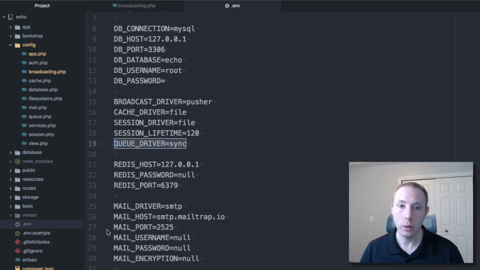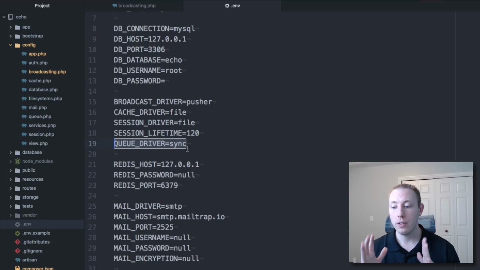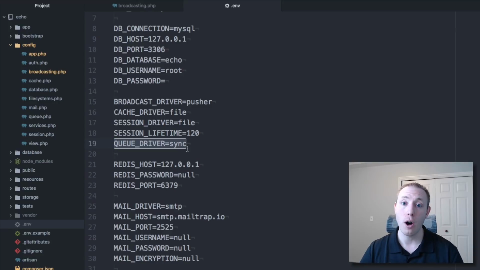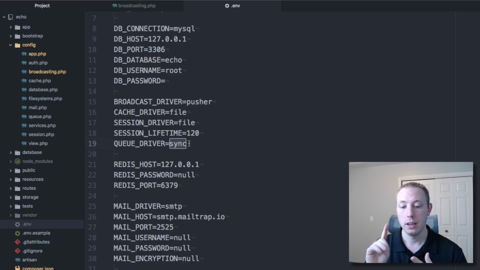Now, before we move on, I want to mention that there is a queue driver here. Whenever you're working with broadcasts, all broadcasts by default are queued. So you are going to need some sort of queue in order to work with broadcasts. Now, for development, you can just keep the queue driver set to sync because this allows you to work in development without actually creating a queue. But for production, you're not going to want to use that. You're going to want to use